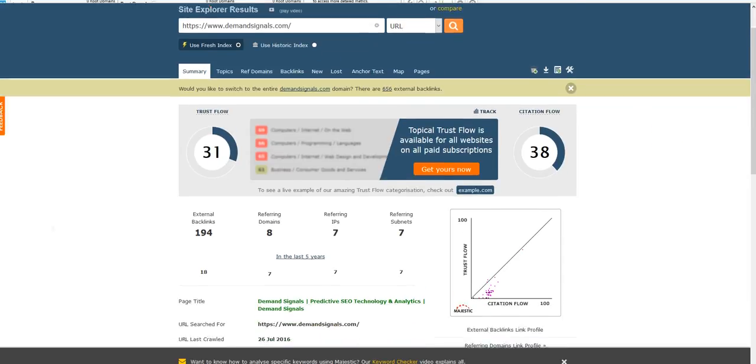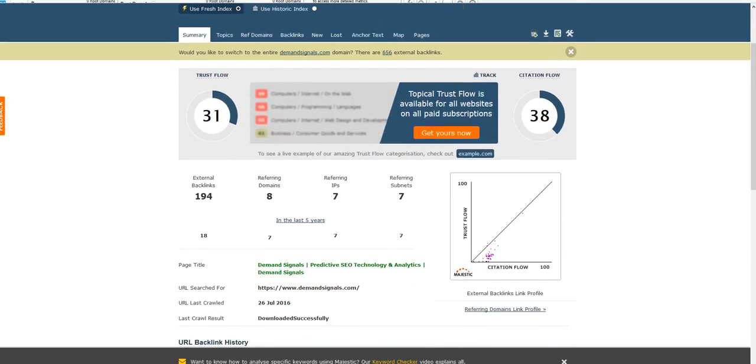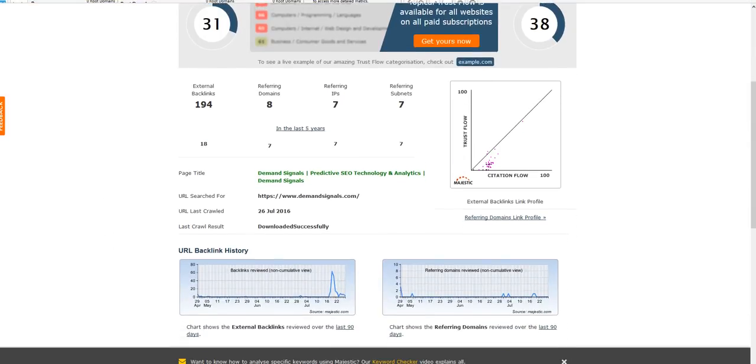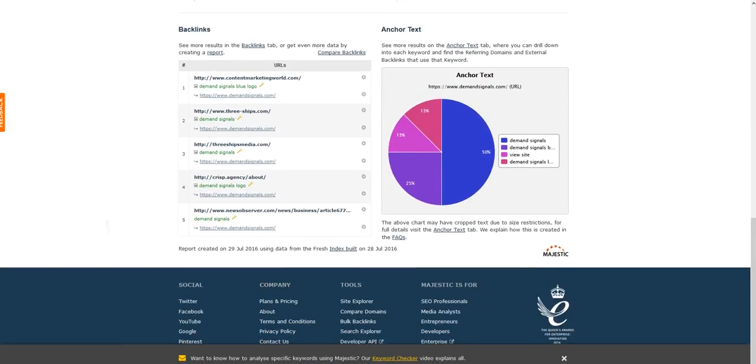So they have a 31 trust flow and citation flow 38, which is pretty good. They got 8 referring domains, external backlinks 194. That's for their overall, and they have some weak backlinks, and then you got better ones. If you look through like Facebook, you would notice they have this big thing. Basically, most of this is just lit up. But anyways, you go check your link profile,